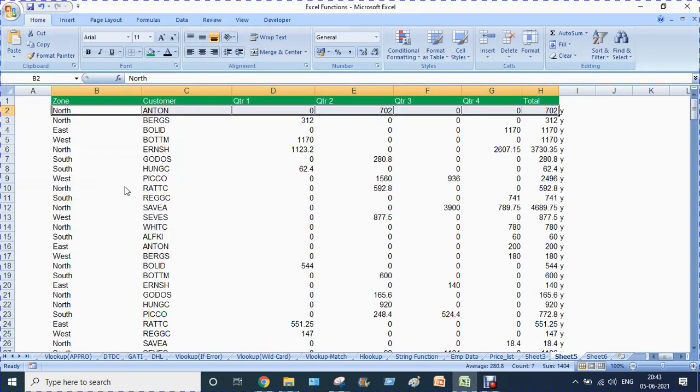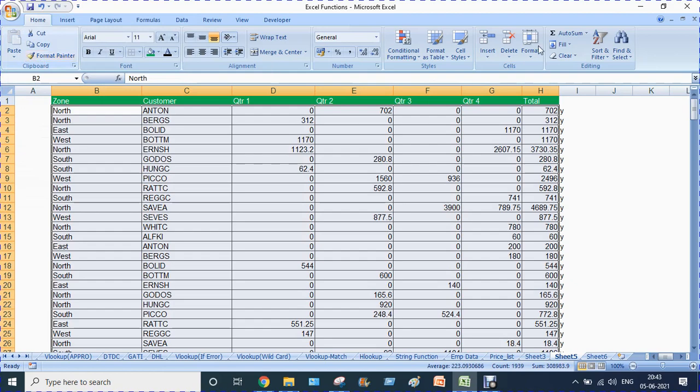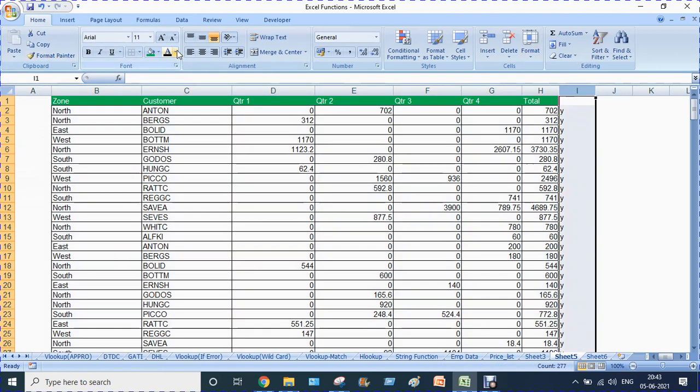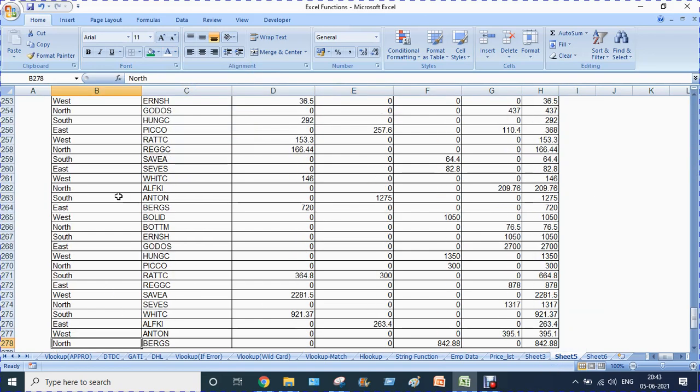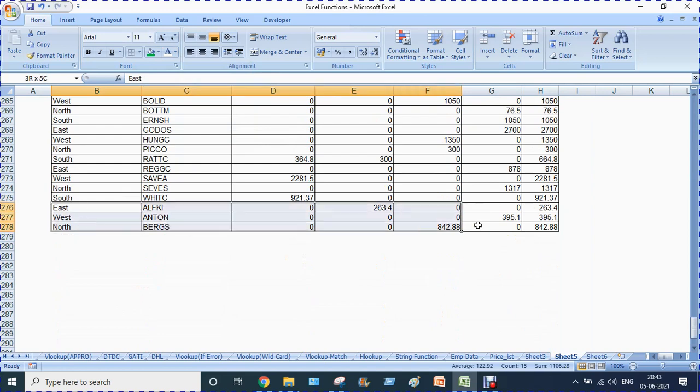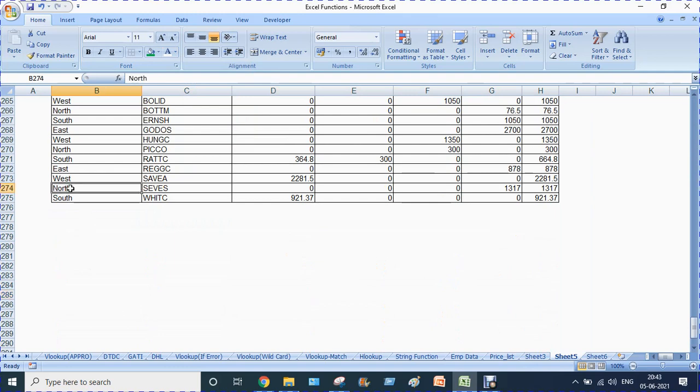Now you see there is a border. Now select this particular row, click on format painter and press Shift Control Down Arrow. Now you see you can hide this particular column I. Now you see if there is no data at the end, automatically your border will go away. So there is no border. If there is no data, there is no border.